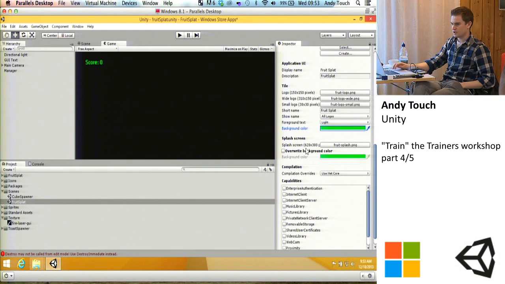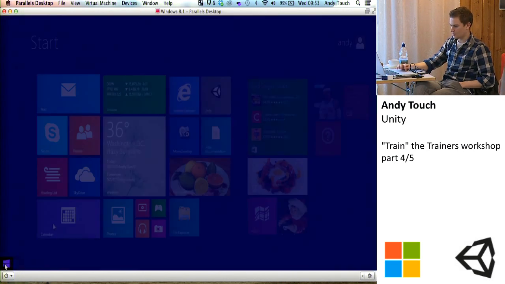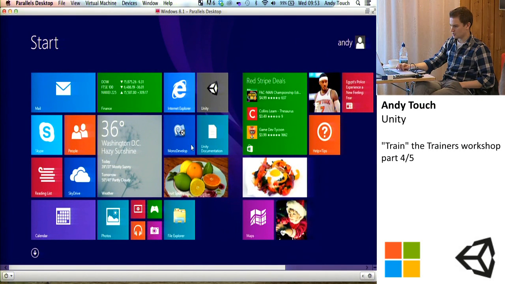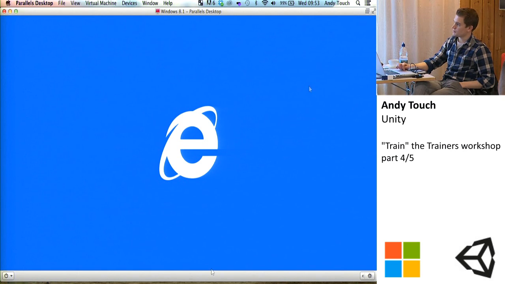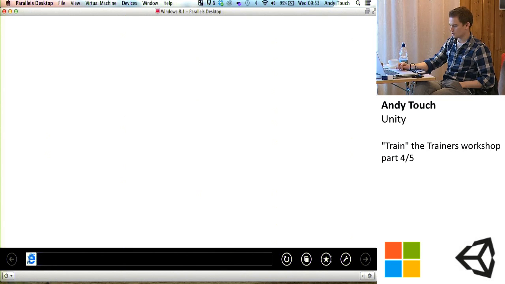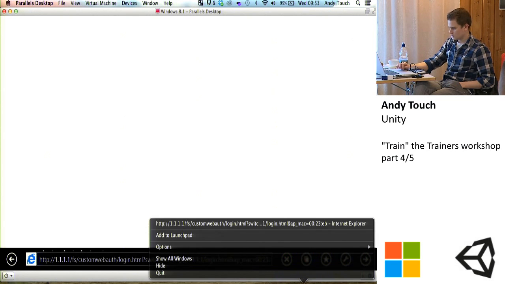But it pops up for literally like 5 seconds, so I wouldn't worry about it. Then the next thing here is overwrite background color. So you know when you open up your app, so if I go into my window and then I opened up IE, basically this background image around the splash screen is what color that's going to set to. So if you don't like it to be pure black, go away